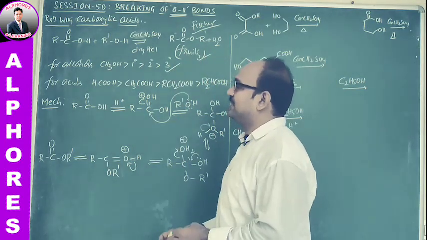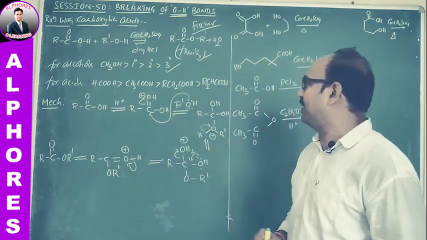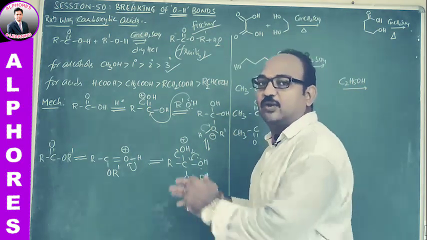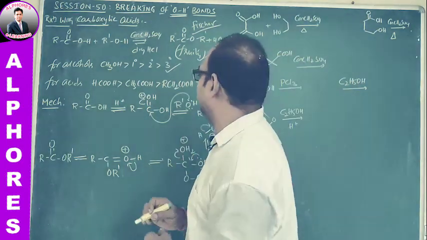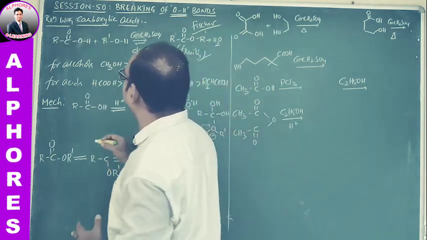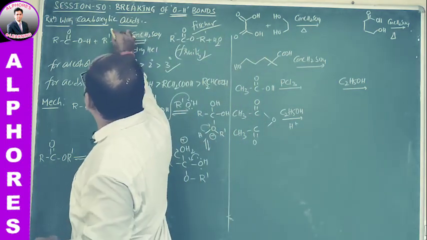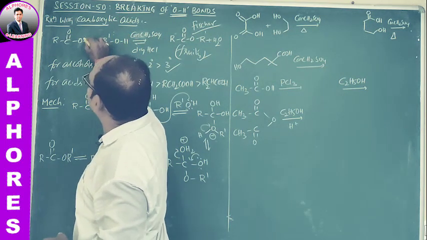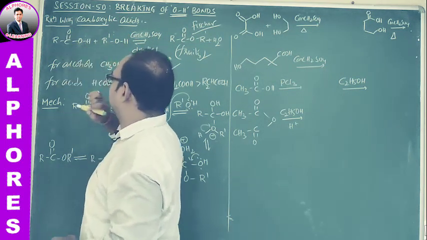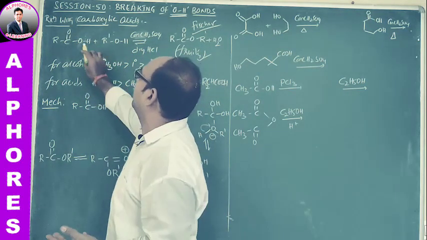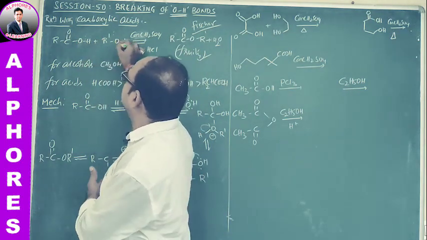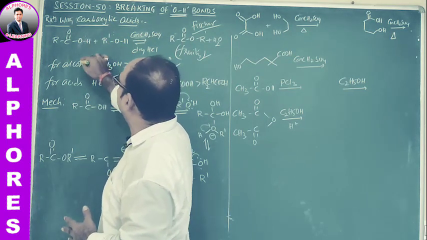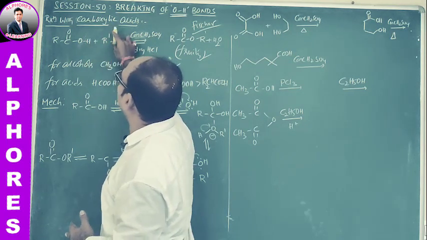O18 isotope. By keeping the isotope here, we can understand very easily which bond is going to break and which bond is not going to break. So here there are two possibilities: breaking the RO bond of alcohol and the OH bond of carboxylic acid. Generally we are expecting this, because carboxylic acid has more tendency to donate H plus. That's why maybe we are expecting that the OH bond is going to break, and in alcohol the RO bond is going